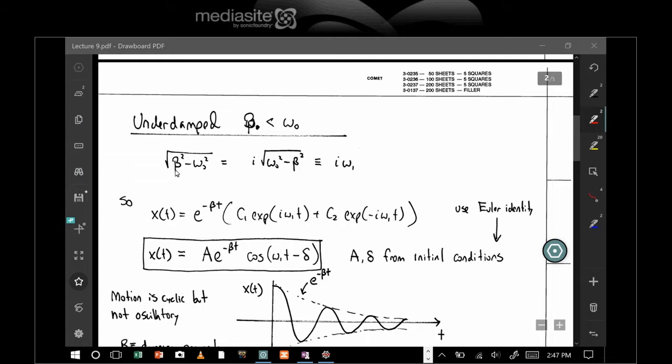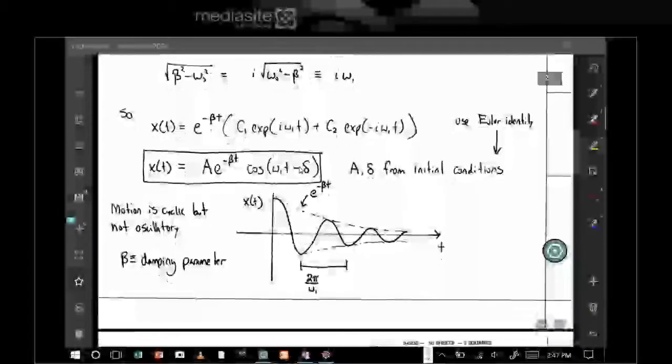I'm going to factor out a -1 from here, and then bring that out. That's going to give me i. And so then this term here is a real number. I'm going to call the square root of this term omega 1. If I stick that back into my differential equation solution I showed before, I can rewrite it as, well,